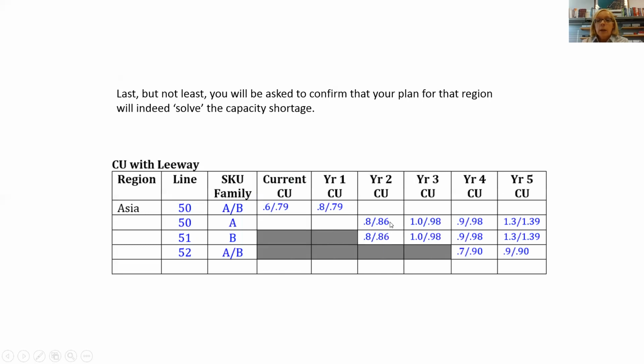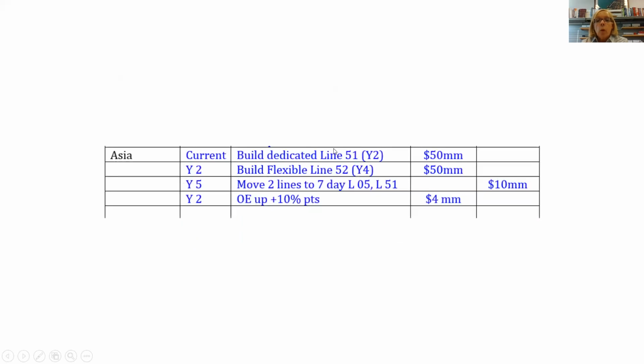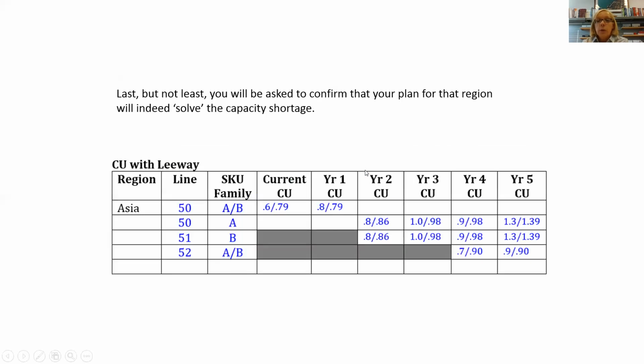Let me go back up to this other page. In year 2, we said what we're going to do is build that dedicated line in the current year. It'll be operational in year 2, and sure enough, that took care of our needs. So year 2 is taken care of. Look what happens, however, in year 3. We have 1 million cases demand for both SKU family A and SKU family